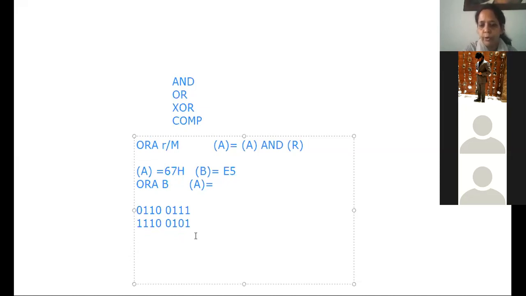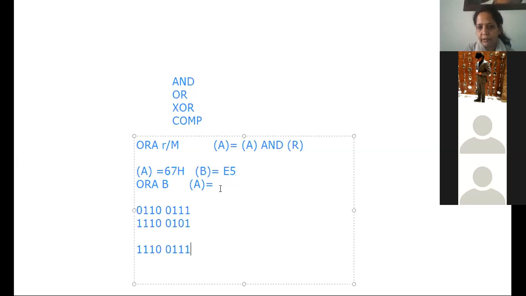So we do the bitwise ORing operation. It will be 1, 1, 1, 0, 0, 0, 0, 0, 1, 1, 1. In the OR operation, if one of the inputs is 1, the output will be 1. Don't add it. Most students make a mistake: they add it, 1 plus 1 is 0 carry. Okay, it's an OR operation, it's not an adding operation. In maths also you must have studied OR, XOR and all that.